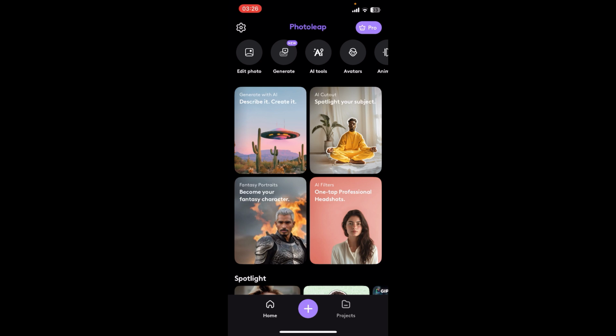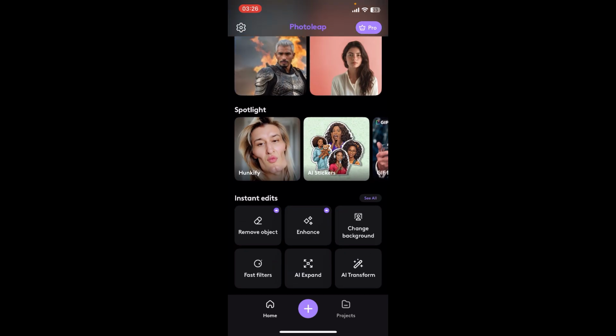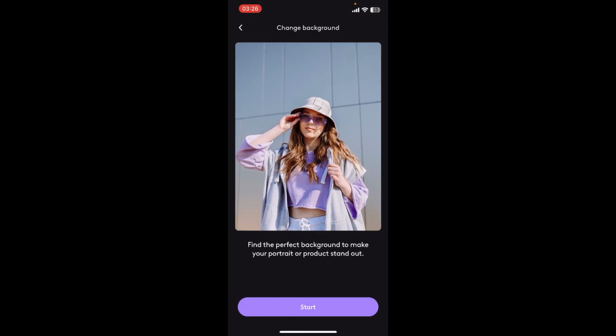Now on the screen, you can see options like edit photos, generate AI tools, avatar, animate, etc. on the top of the screen. Scroll down, then you're gonna find instant edits category, from where you're gonna have to select change background and tap